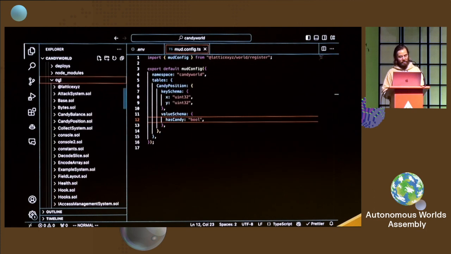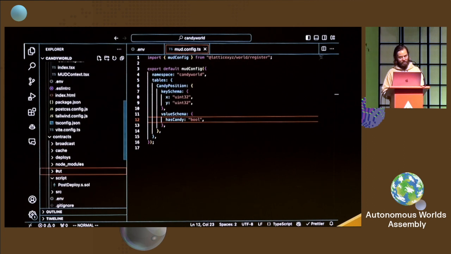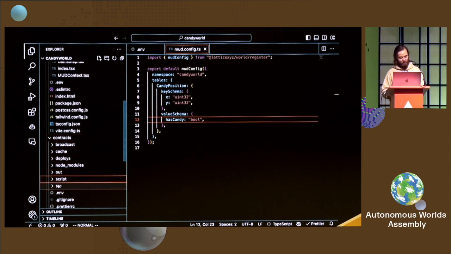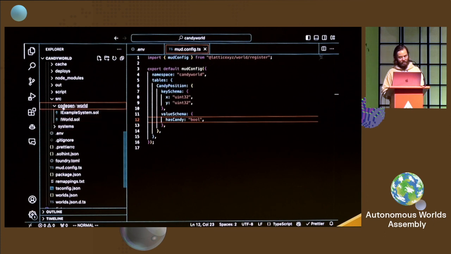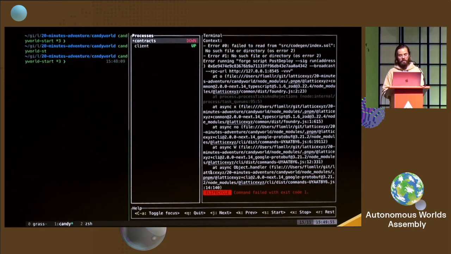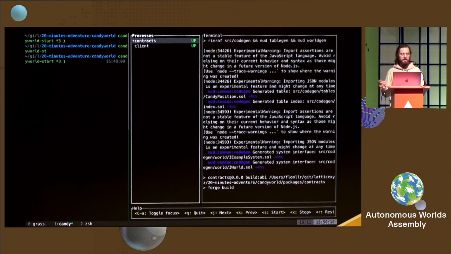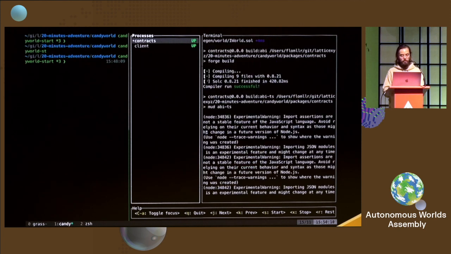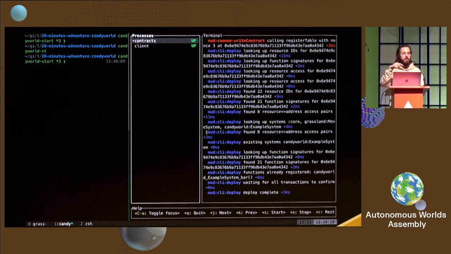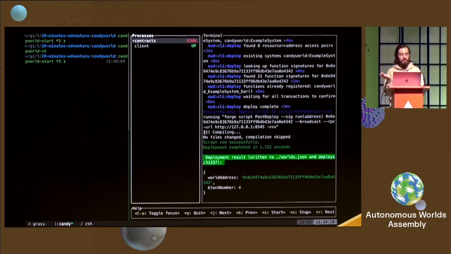This should hopefully create our tables now. So if we check in our contracts, source, codegen, we don't have it yet, probably because, oh yeah, right. In this case, I'm not running the dev runner for the contracts that keeps redeploying, but I'm just running the normal deploy script. So I basically have to rerun this manually with R to redeploy. The reason for that is because, as part of the workshop, I wanted to do some stuff in the post deploy script and then redo that over and over because we want to set the candy in the world. Now you see the post deploy script worked successfully,